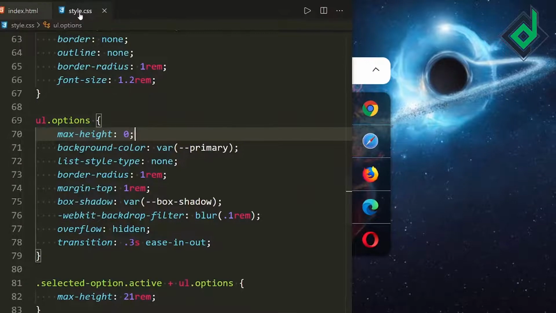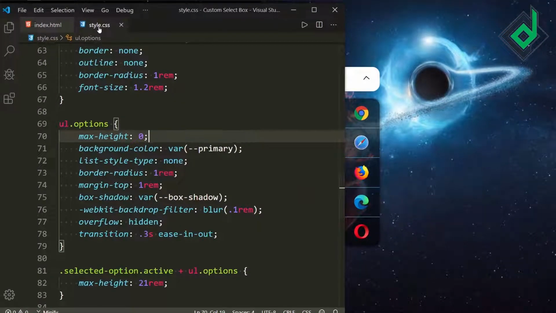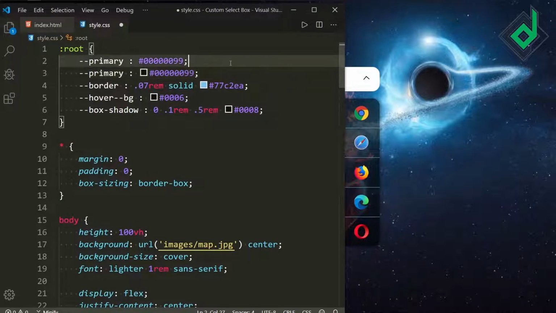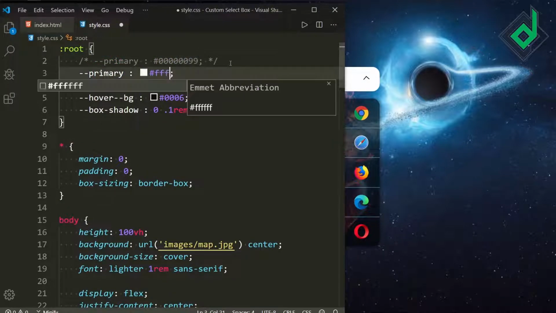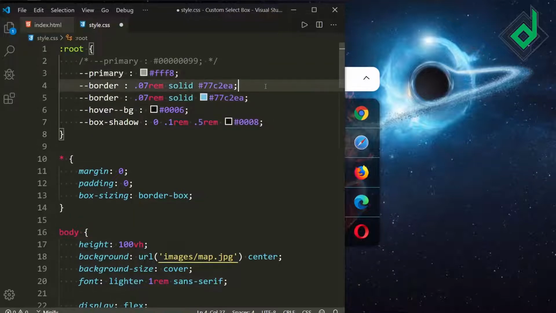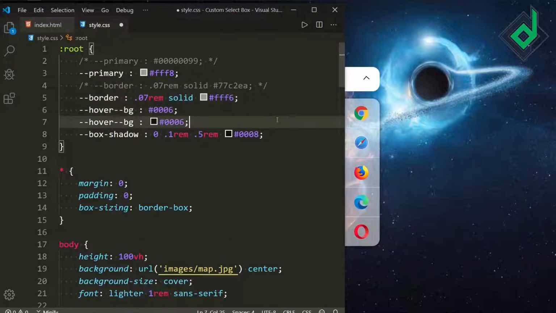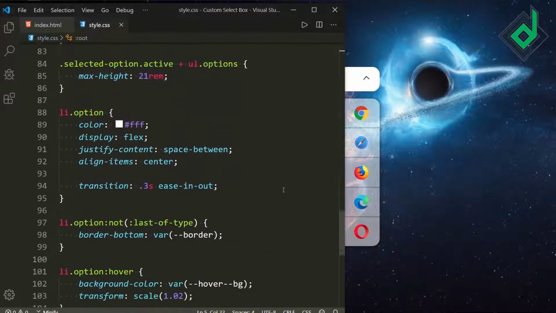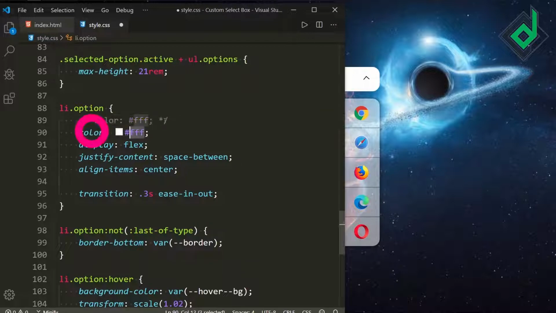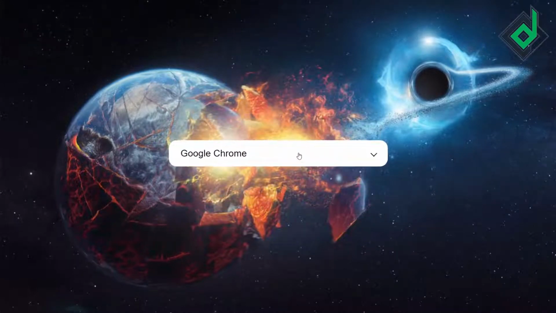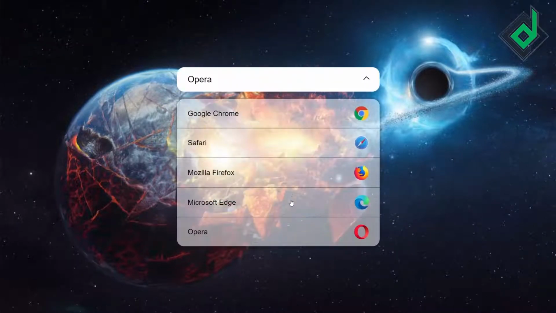But what if you want to change it to the light theme? So this is the dark theme. If you don't like this color, you can change it in the style.css file. First of all, let's duplicate this code and comment it out. So for the primary variable, I'm giving white color with some transparent value. I'm giving 8. And if I save and in the browser, now you can see this is the light theme, but I love the dark theme. So I'm changing back to the dark theme.